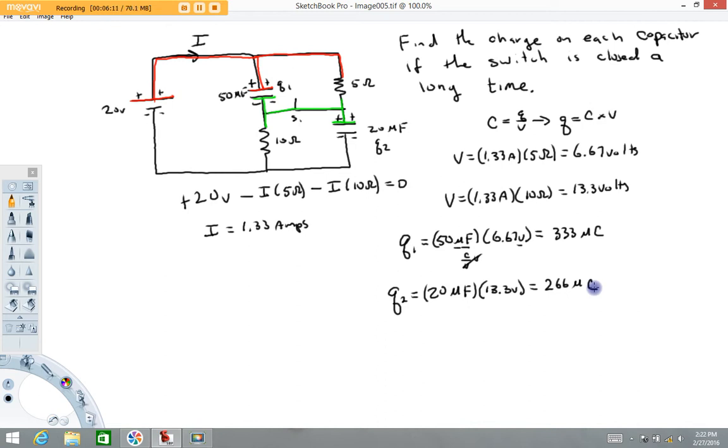That's all I really wanted to do with this video, is demonstrate how to work a short RC circuit problem here. Actually, I am going to do one more piece. Let's imagine that the switch is now opened. If the switch is now opened,